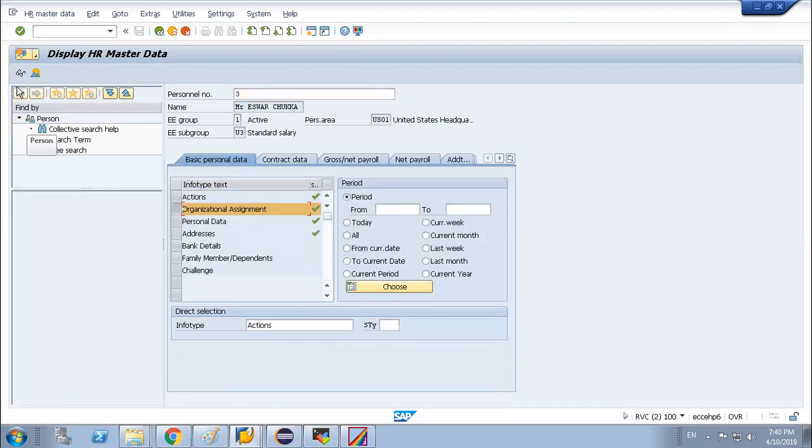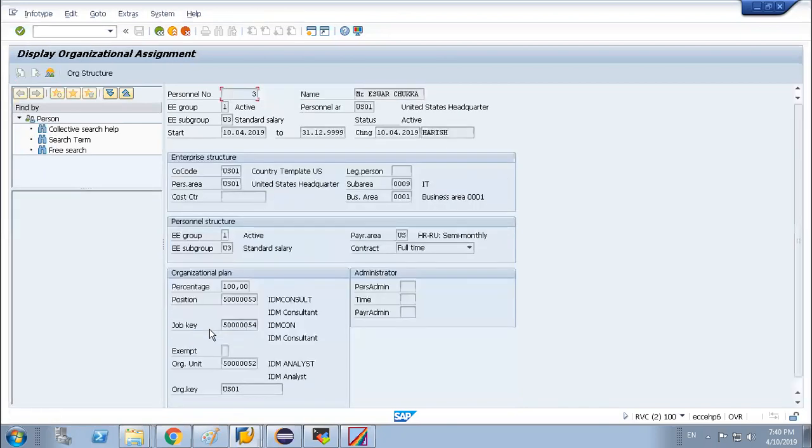Go to the org assignment. Here you will give all types of organizational assignment, that is position, job, org unit, if you have any org unit. Here also you will give the personnel area, group, employment group, employment subgroup, everything.